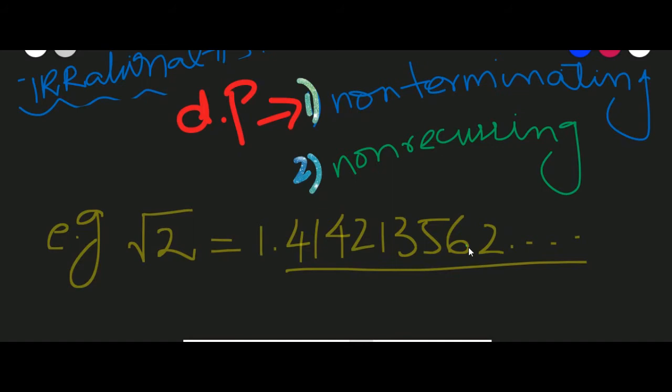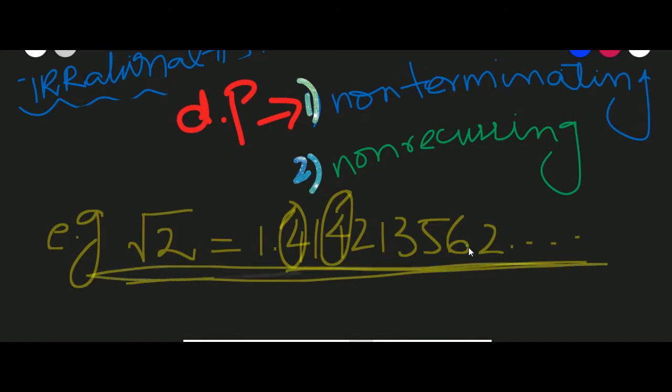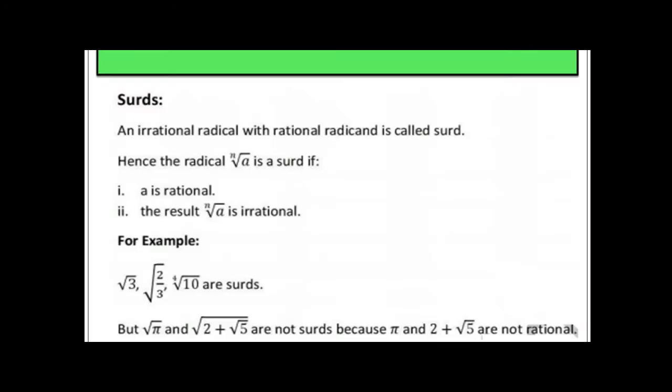Like 4 is repeating, 1 and 2. You don't have to look at this कि 4 तो भाई एक दफ़ा भी आ रहा है, ये लें एक और दफ़ा भी 4 आ रहा है और आगे भी कहीं 4 आ जाएगा. No, you have to look at the block. A specific pattern like 3 6 3 6 3 6, or 4 1 2 4 1 2 4, in blocks they should repeat themselves, or the specific pattern should repeat itself. Fine. So these type of numbers are called irrational numbers. Fine. So I hope you have got it.